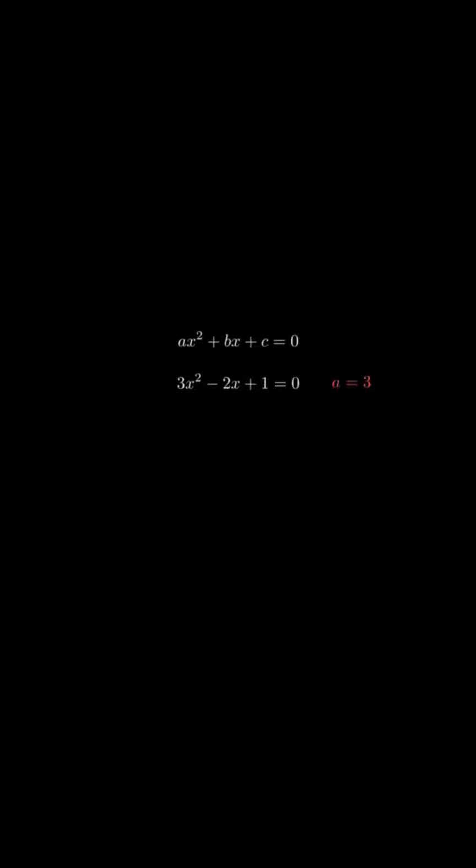In the standard form, b is the coefficient of the linear term x. This term affects the horizontal position of the vertex of the parabola. In our equation, we see that the coefficient